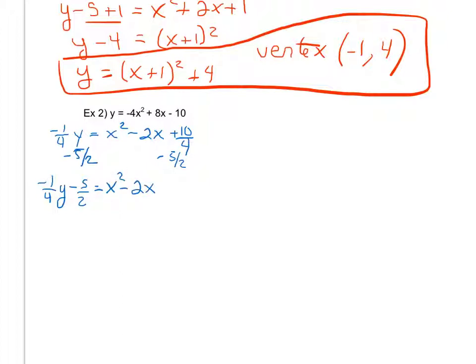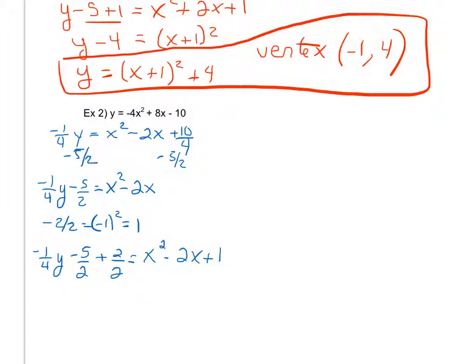And then moving on to step 3, I'm going to take my linear term, which is negative 2, divide it by 2, square that result. That's what I'll add to both sides, giving me negative 1/4 y minus 5 over 2. I'm going to say, instead of saying plus 1, I'm going to say plus 2 over 2, just to anticipate that I'm going to have a common denominator in my next step, and add 1 here. This then gives me negative 1/4 y minus 3 over 2 equals x minus 1 squared,